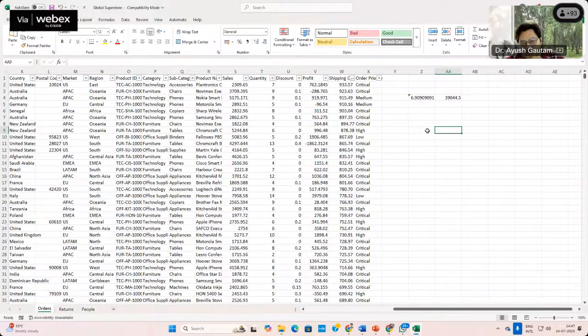So that's why it is always advised that whenever data has been given to you, look at the data for at least 1 hour. Understand the data, do some calculations, design a mind map of what graphs can be made out of this data, and then you can make the dashboard.